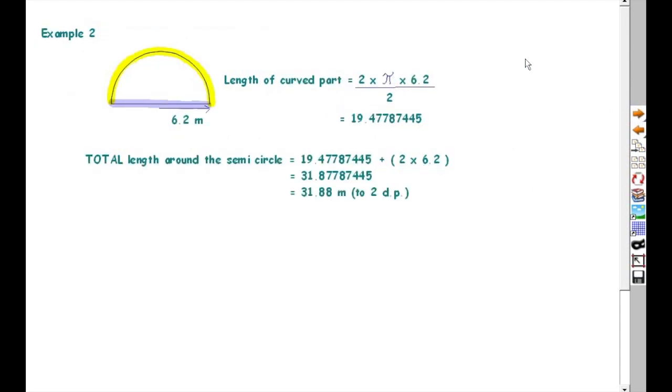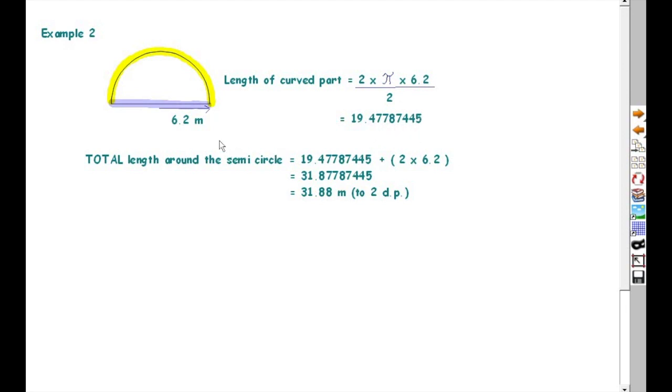And the second example we've got here now, the difference being I have given you the radius of this circle. The previous question had the diameter, so it had all the way across. This is the distance from the centre of the circle to the circumference. This is just the radius, so I'm going to use the radius circumference formula, 2 times pi times r. The length of the curved part, marked again in yellow, is 2 times pi times 6.2, but now dividing it all by 2 again, because we only want half the circumference. This gives you the answer